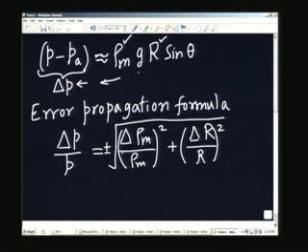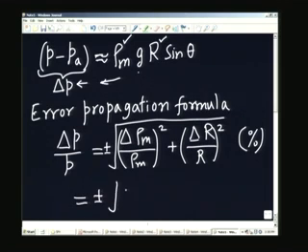If I substitute these errors in terms of percentages, this whole thing can be written with everything in percentage. Delta p by p percent is plus or minus this percent whole squared plus this percent whole squared. That is another way of writing it. So, we will mention that it can be all in percentages. Both the left hand side as well as the right hand side will be in percentages, and all I have to do is, this is 5%, 5.0 whole squared